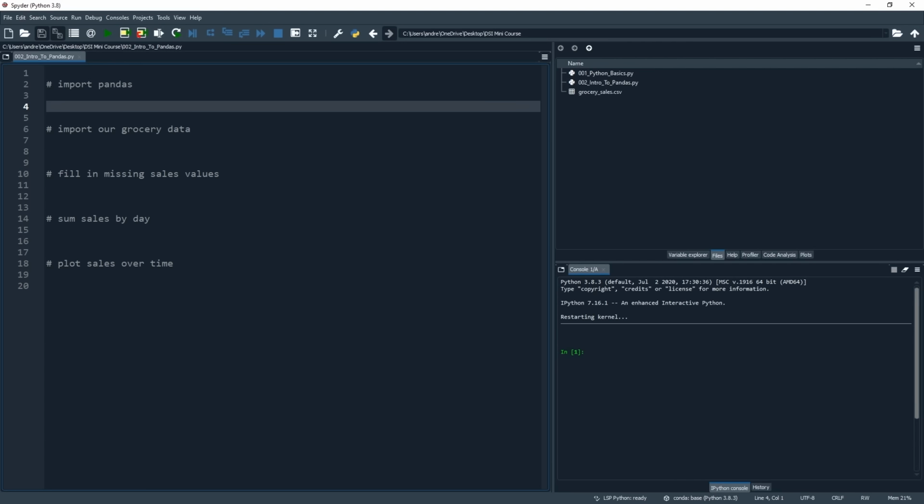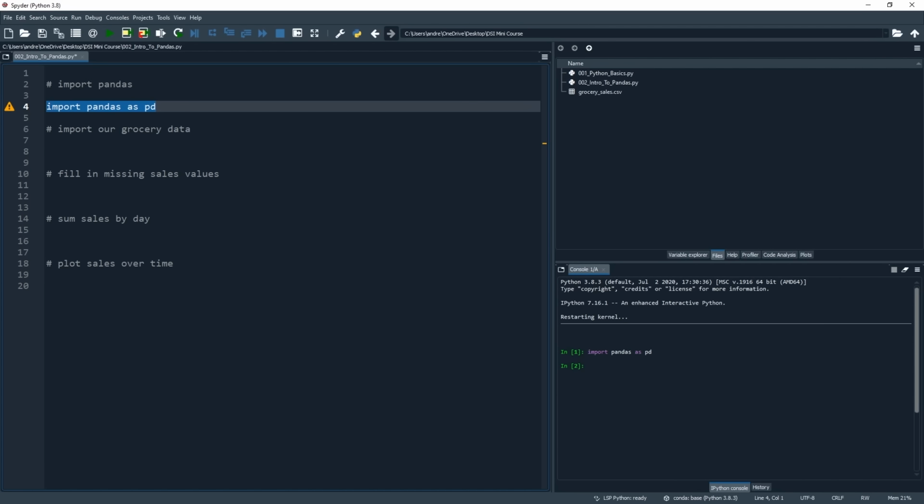So let's get cracking and import the Pandas library. And because we have installed Python using Anaconda, this is all pre-installed for us. All we need to do to bring in the amazing functionality of Pandas into our Python session is to type import pandas as pd. So let's highlight that line of code and hit F9 to run it. And just like that, we have Pandas at our fingertips.